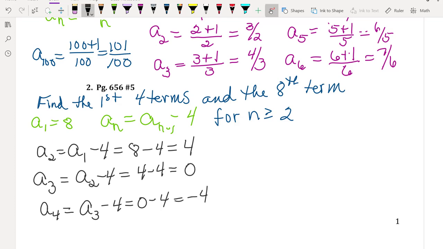Now to get to 8, we're going to have to keep going. So we're going to have to keep subtracting 4. So let me just put these in a set together here. So far we have 8, 4, 0, negative 4. And I could just keep subtracting 4 every time. So then I have negative 8, negative 12,